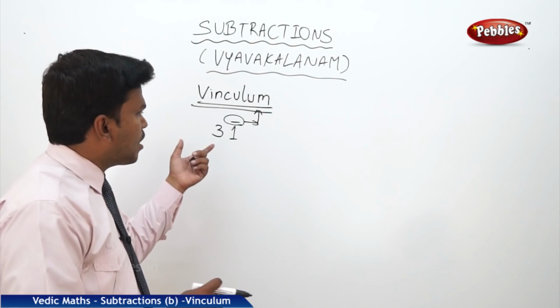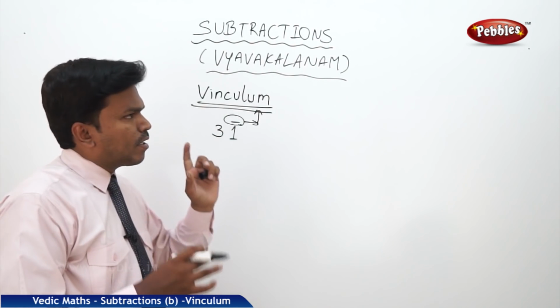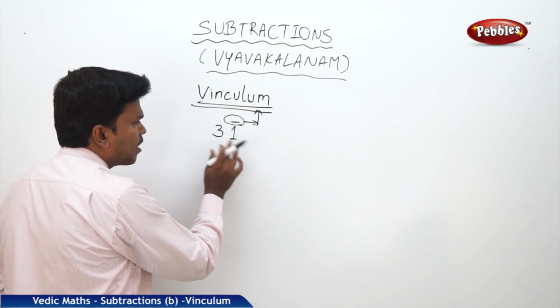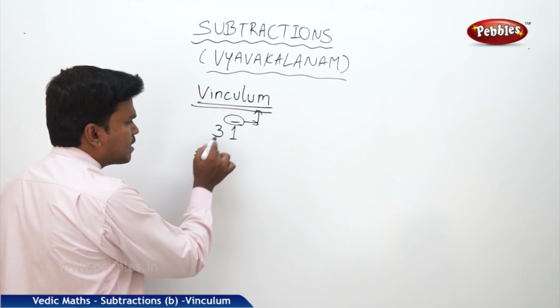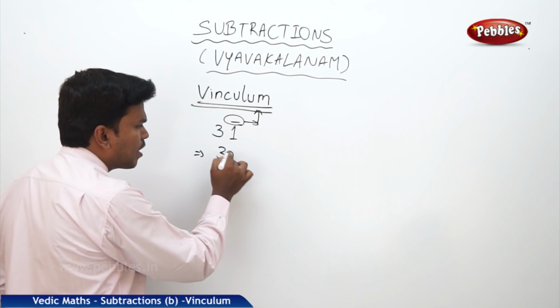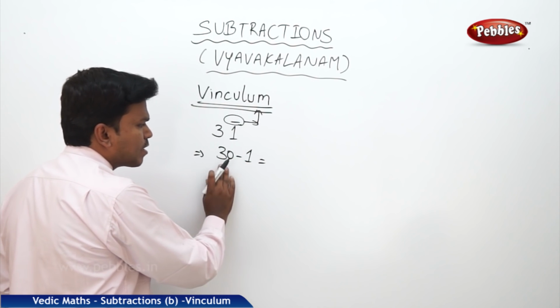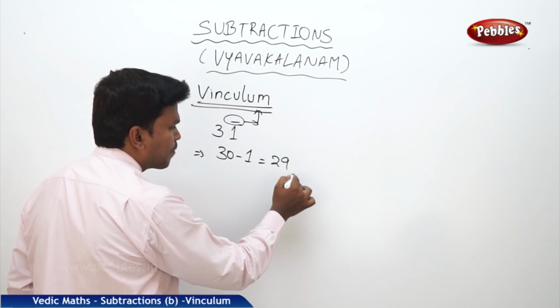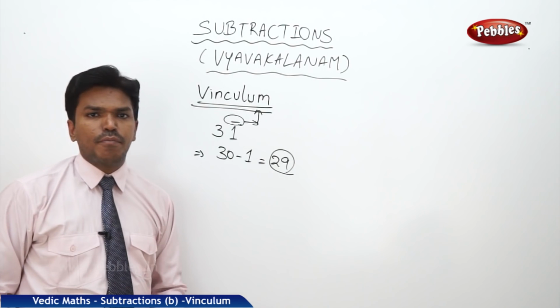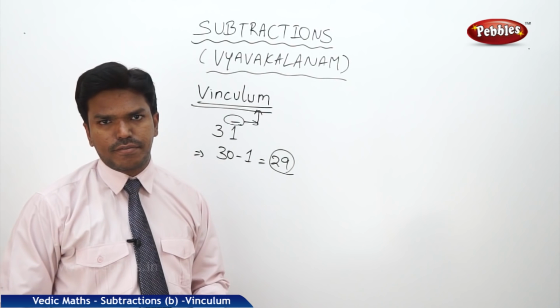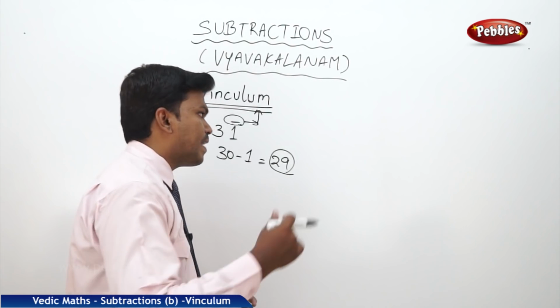So what is the purpose of this number? Now let us see. Suppose 3 1 bar means 3 is in tens place, so 30 1 bar is nothing but 30 minus 1. So what is 30 minus 1? 29. That means the actual number is 29, but we are representing this number in the form of Vinculum like this. Suppose we'll take one more example,